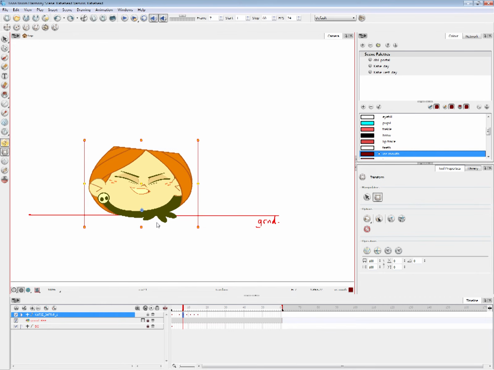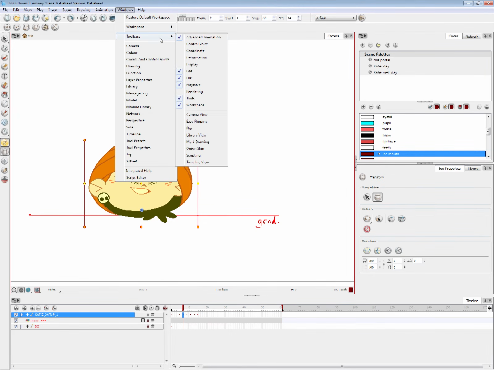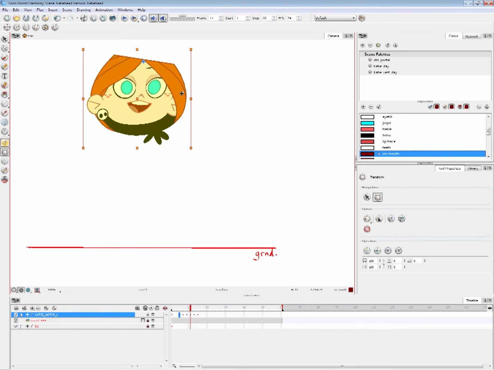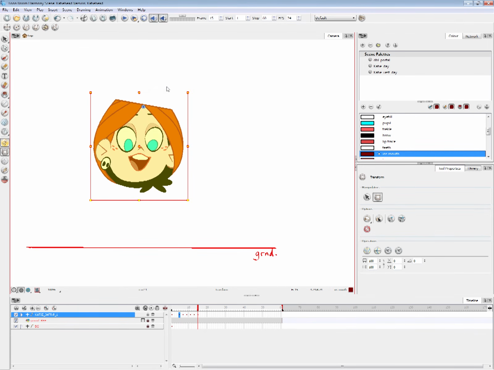If for some reason I want to permanently change it to the top of her face, over here in the advanced animation tool, we have the rotate tool. That's what we use. So you select whatever you want to change and you hit rotate tool, and then if you change a pivot point in the rotate tool, it will change it for all the frames.